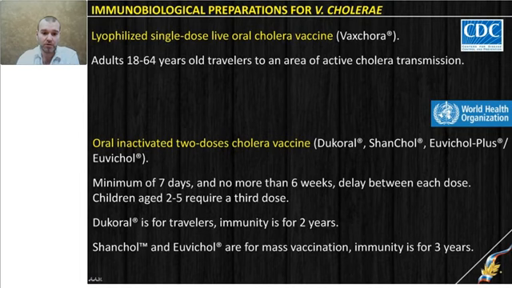So according to types of vaccine, again we have two important types of vaccine. It is live and inactivated. A live vaccine is more dangerous. It is indicated only for adults 18 to 64 years old. And the inactivated vaccine, again, can be oral. It is indicated for travelers and people 2 years and older, so it is safer, and even kids can